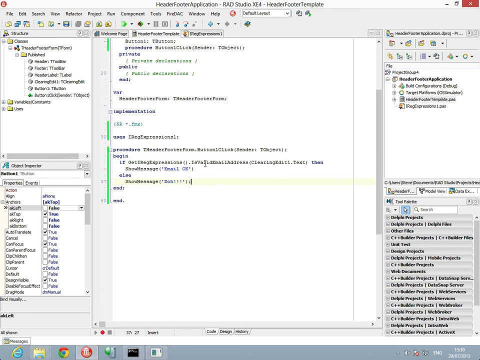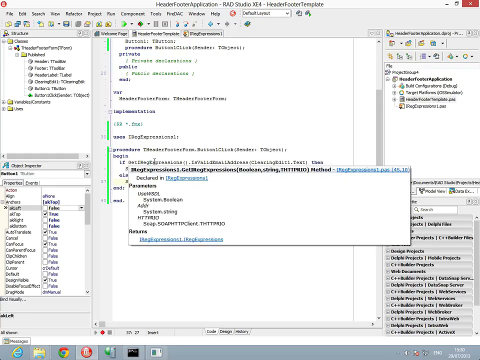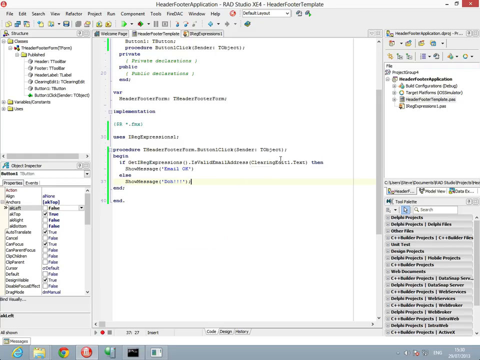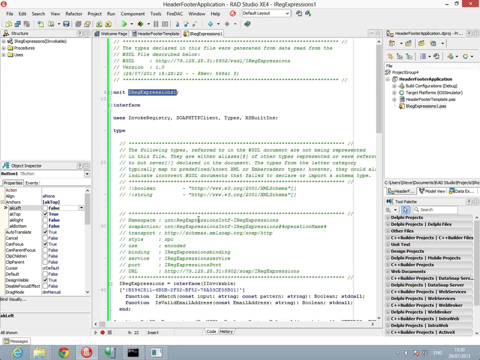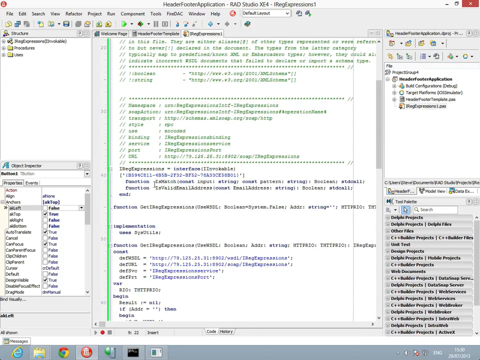So that should be it. So we're getting an instance of the interface. We're able to pass in the values without having the business logic within our application. All we've got is this imported WSDL document, and here we can see the interface, the function that's automatically generated that we know is going to be there. And if we go ahead and run this now,